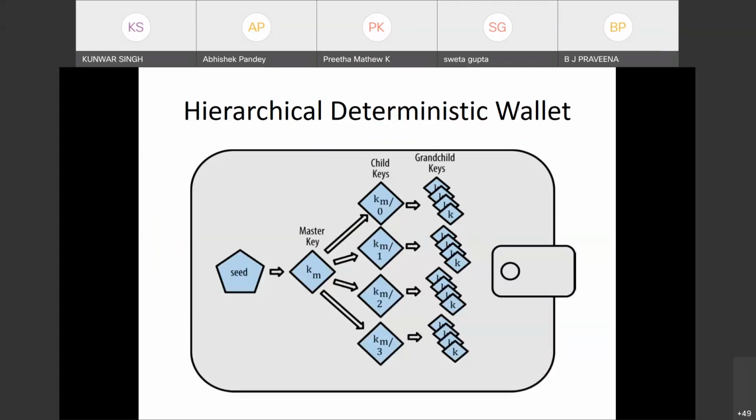Then you have the hierarchical deterministic wallet. In a big organization there may be many departments, maybe four departments, and the departments need different addresses to receive payments or to pay amounts. Department may need, let's say, 5 to 10 addresses to pay or receive money. So for that we need hierarchical. Now you see, the seed is there, and we got the master key. To develop child key 0, again this is the master key, and from there you have this one department.